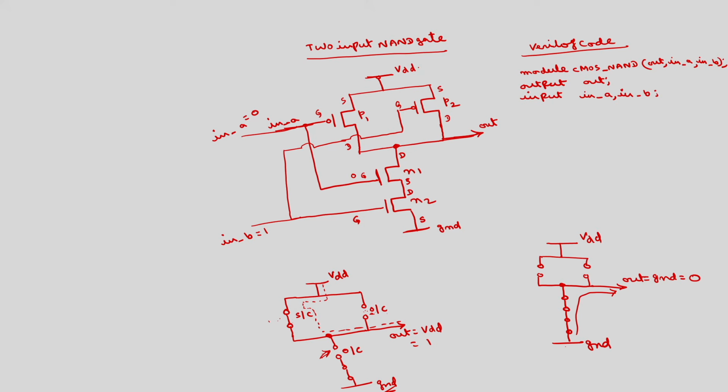Then we need a wire. Why? Because this terminal is already available as in A, this terminal is available as in A, in B. This is VDD, sources are VDD, VDD also we are going to define, this is ground we are defining, this also in B, this also in A. The only thing that is not accessible is this point, where the source and drain of N1 and N2 are connected. So, this is an internal connection.